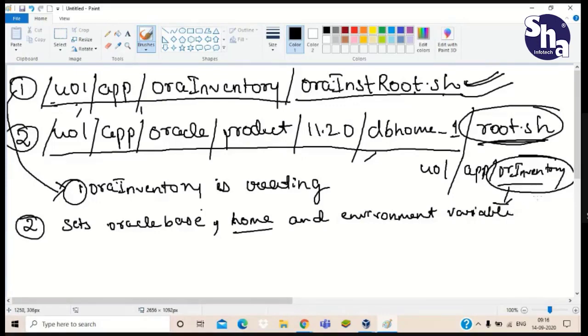Without setting any environment, we cannot work. The environment variable is Oracle SID, which we get by creating the database. Every database has its own unique SID. Then Oracle home is also an environment variable, where all the packages reside. We have to tell the database that the packages are in Oracle home, and it can use them from this location.